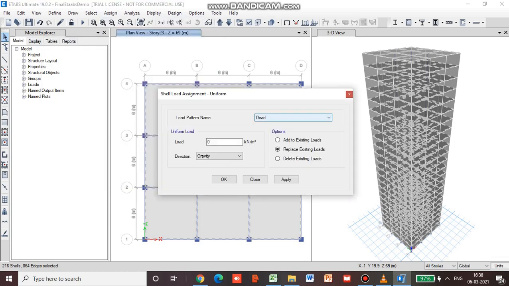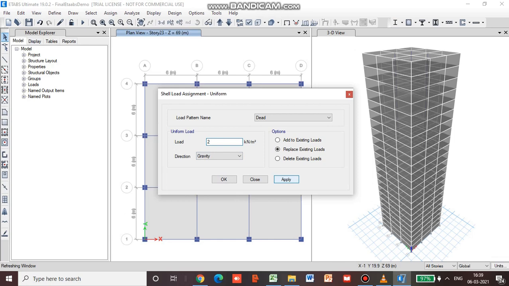So the load pattern name dead is there. Under uniform load, go for 2 kilonewton per meter square. We are going to go for a floor dead load of 2 kilonewton per meter square, which includes the dead load due to the floor finishing. And we will go for replace existing loads. Apply. Okay.